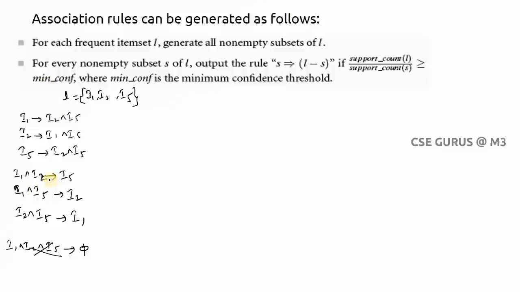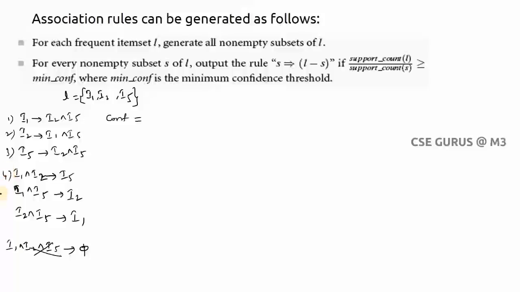Among these, which are strong association rules, how to find them? For that we have a constraint: if the support count of L divided by the support count of S, which we call confidence, is greater than or equal to the minimum confidence. So first of all we'll find the confidence value for each one. So confidence value for the first rule. There are rules 1, 2,